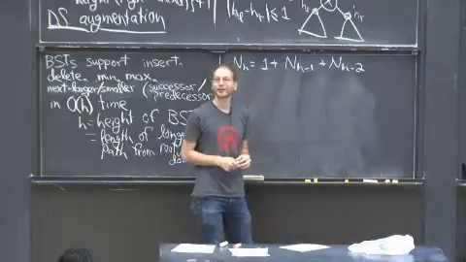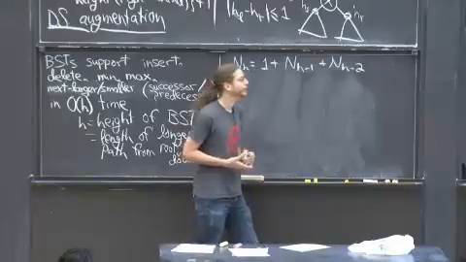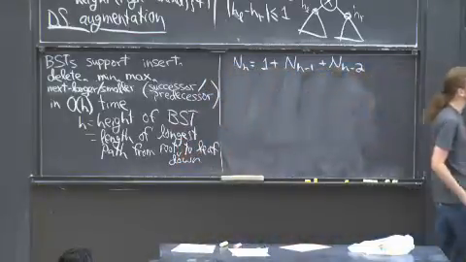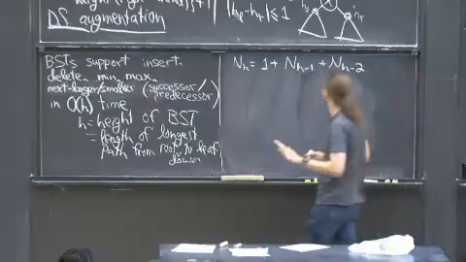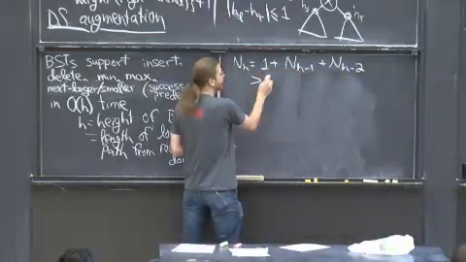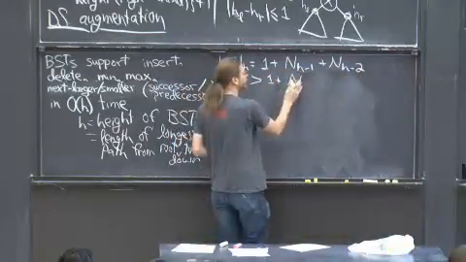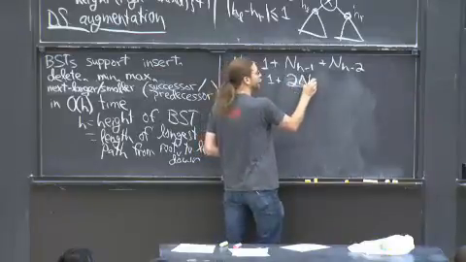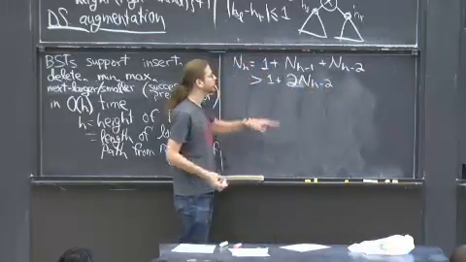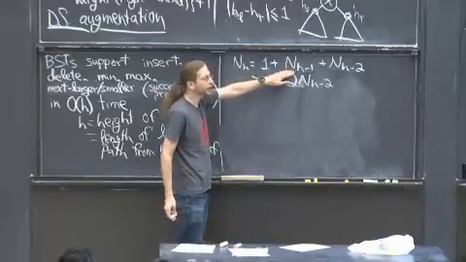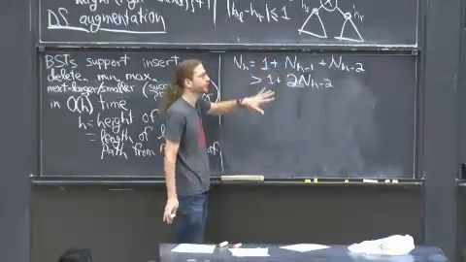Suggestions? Minus 2 is the right way to go, because I want to know n sub h is greater than something in order to get a less than down here. By the way, I use that log is monotonic here. But it is, so we're good. So this is going to be greater than 1 plus 2 times n sub h minus 2, because if I have a larger height, I'm going to have more nodes. That's an easy proof by induction.